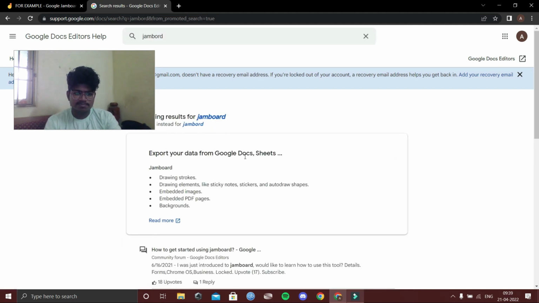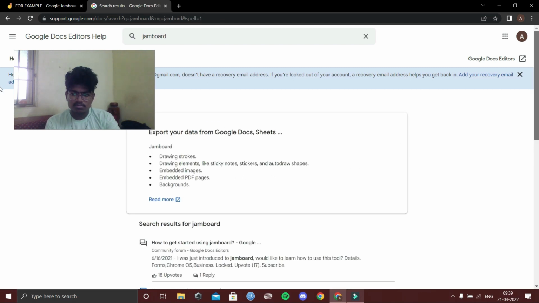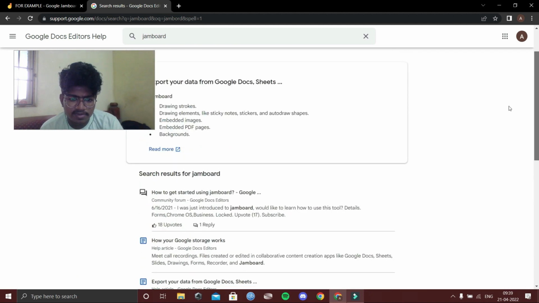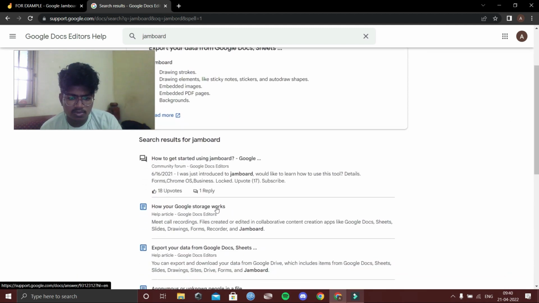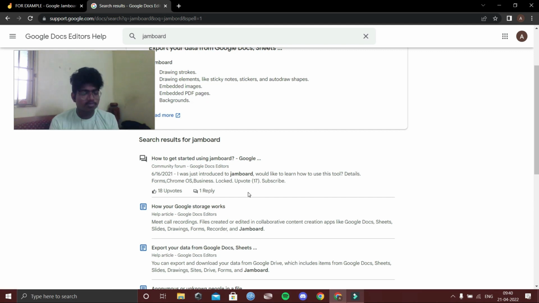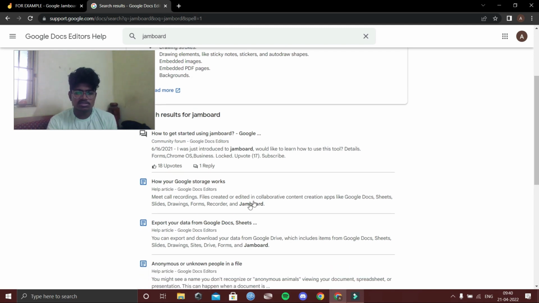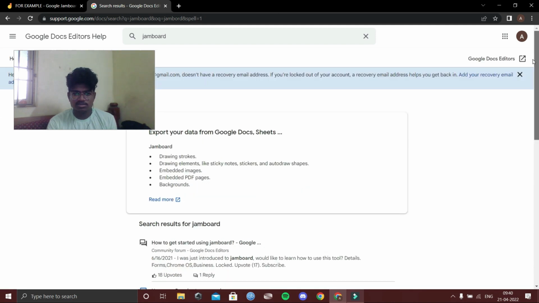I can see various results over here, like how Google search works, how Docs editors work. It's general questions, and it works like Control plus F. If you open a PDF and press Control plus F and search for Jamboard, the word Jamboard is highlighted, so you can simply search here and find your problem. Okay, coming back to the topic,